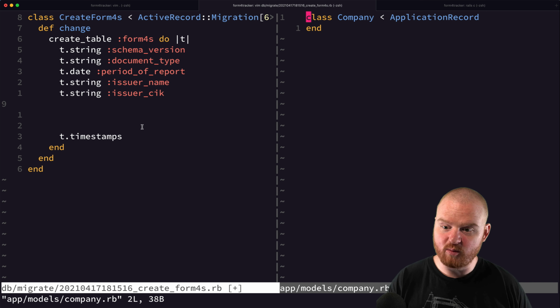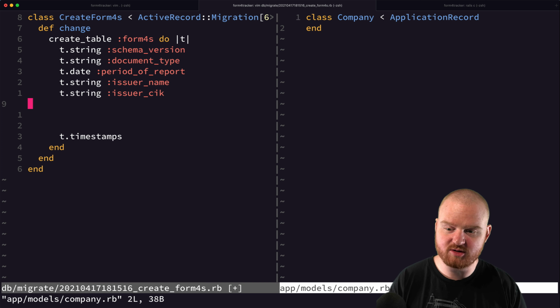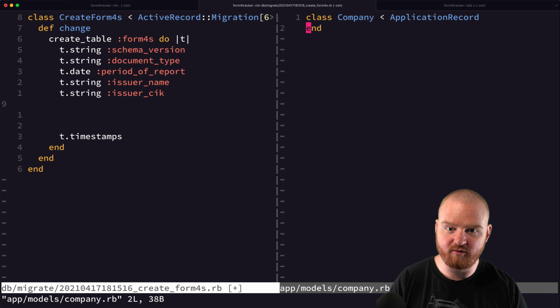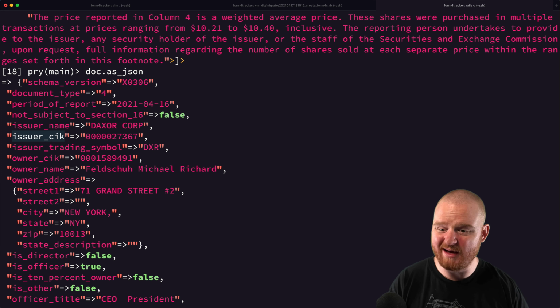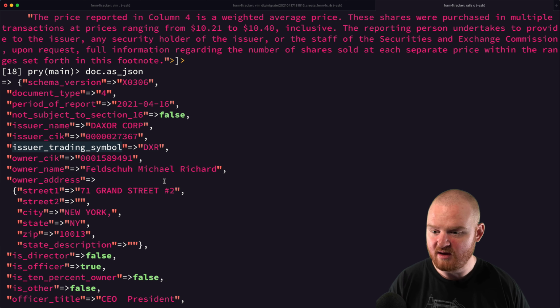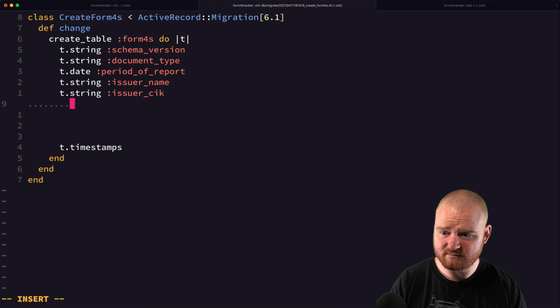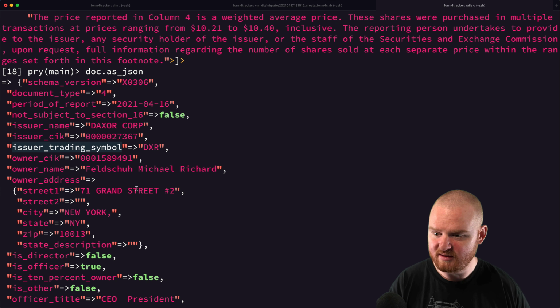And theoretically, we could have a Form 4 that relates to a company. But instead, what I want to do is just store the raw data, and then if we want to backfill and create real foreign keys, we can do that. We might also just be able to directly relate based on this CIK foreign key thing. All right, so issuer's trading symbol. So t.string issuer_trading_symbol,